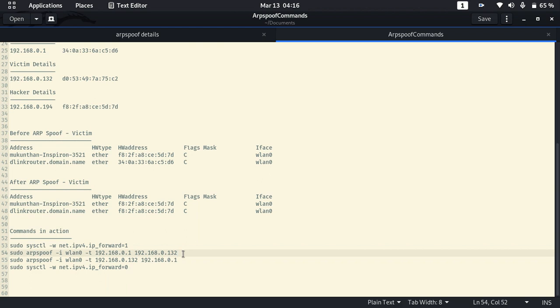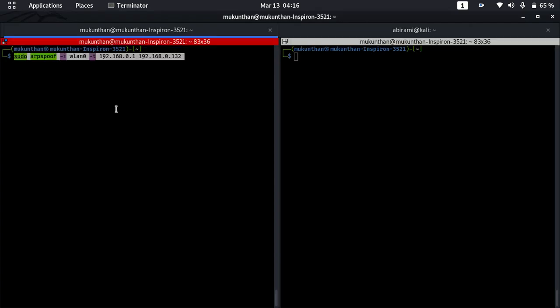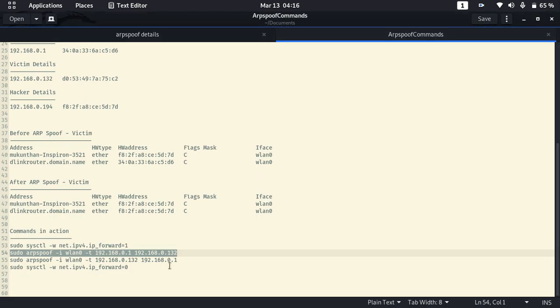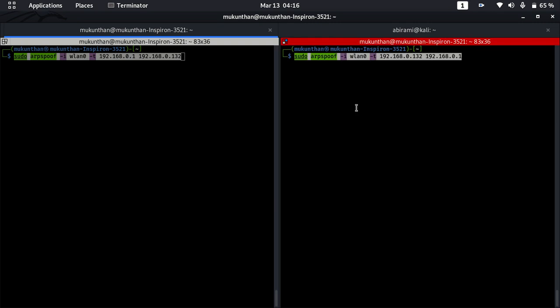Since we are going to work with different terminals, you can install Terminator, which has the option to have split terminals. If you don't have it, just use the normal terminals. Now I have Terminator, so you can see both outputs on the same screen. Here you can see, and the same way here. What actually happens is, this terminal command will keep on giving the ARP response to the target machines, so that you will be having the spoofing. So I will start in both the screens.